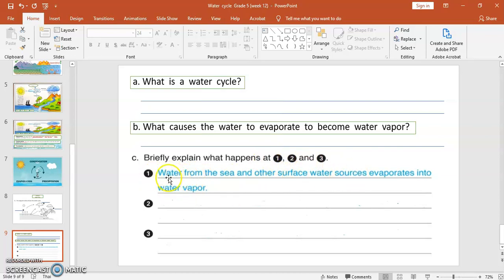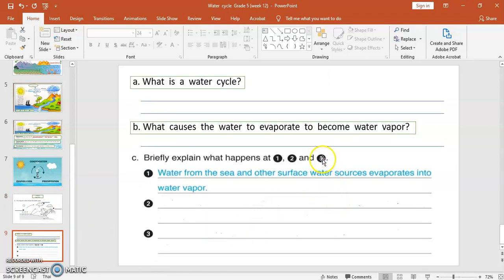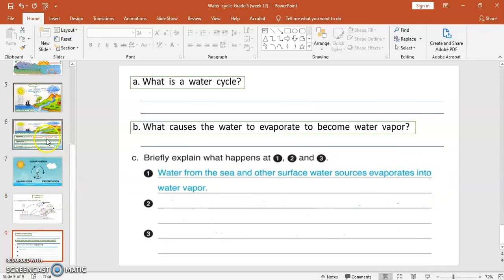Number 1 is water from the sea and other surface water sources evaporates into water vapor. What is number 2? What is number 3? I hope